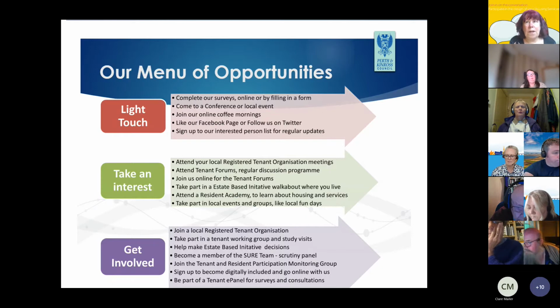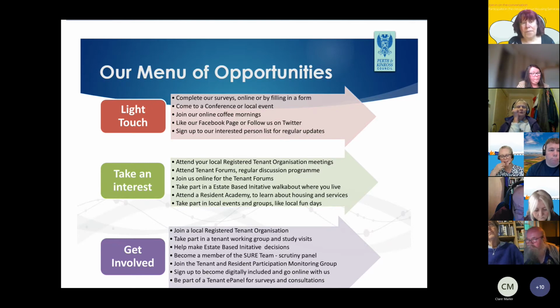You don't have to come out and be a part of a working group. You don't have to know lots of stuff. We will help you take part in any level and any place you want to go to, any type of interaction. So we've got the light touch, we've got take an interest and the get involved. A lot of you are all of those things, but we look at how people want to be involved, and we try to make it as pleasant and as painless as possible. And hopefully we're listening to how you would like to be involved. So all those things listed on there are the ways we get in touch with people and how they get in touch with us, more importantly. Next one, Kev.